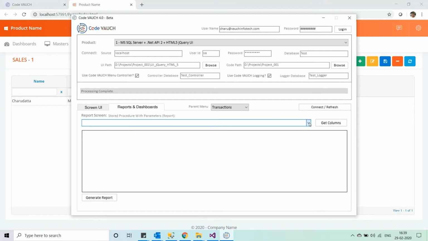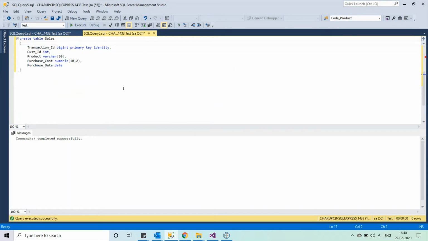Okay, so now let's go to the report generation, reports and dashboards. We don't have any stored procedure here. So for CodeVouch to generate a report and a dashboard, you should have that particular stored procedure in a report schema or a dashboard schema. So while generating a report, you should take care that you create a schema reports. If you don't have the schema created, just create a schema reports in your database,